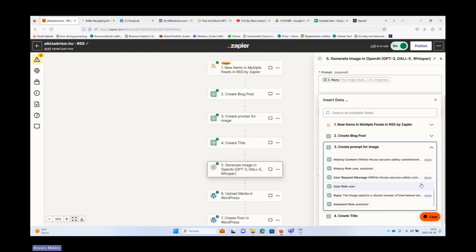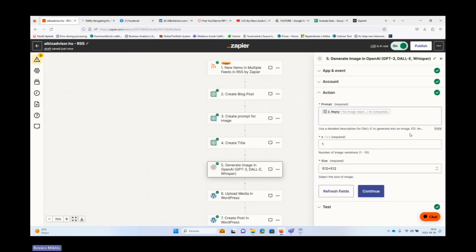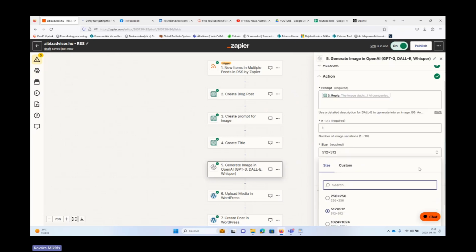And as you remember, the main action here was to generate this prompt for DALL-E to be able to create an image. So what you will need is the output of step 3, which is the reply. So this reply contains the prompt, what is needed, and then the number of image variations. For me, 1 is enough.